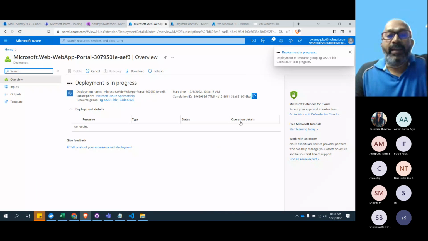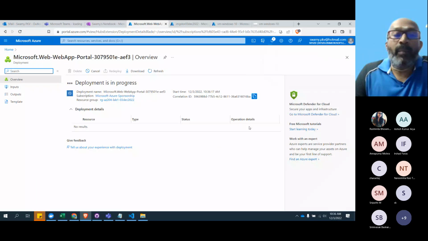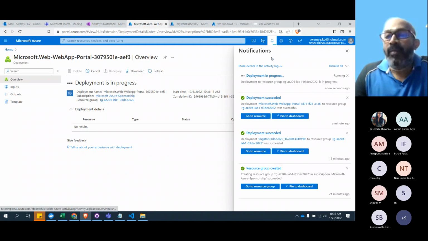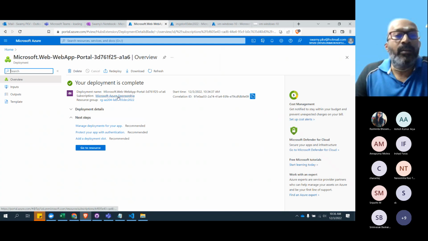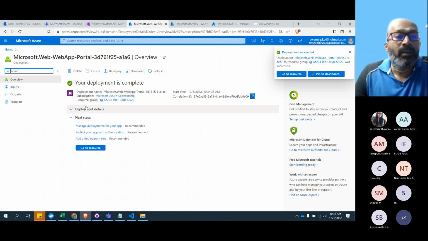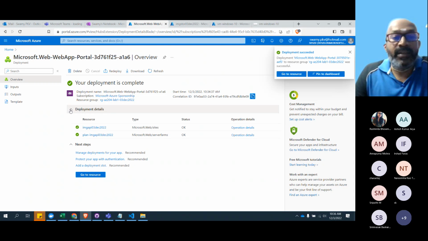So you can see that. Again, you can come back and see the operation details. And don't worry, if you miss it here, you can always come back. This is the web application which we have created, the previous one. This was the image store, this was the web for web API. You can click on that. You can come and download it, or you can expand these details.